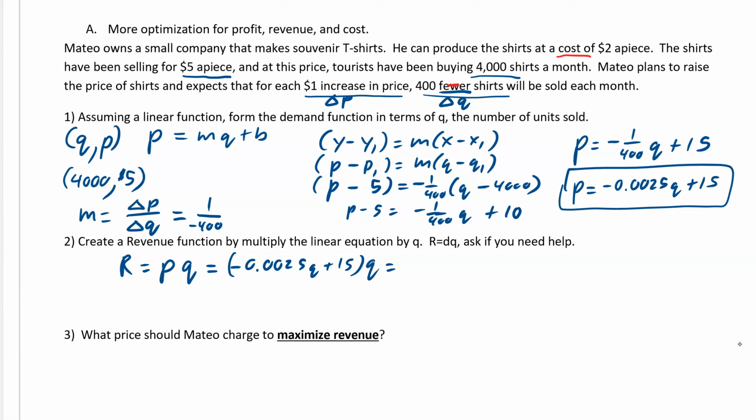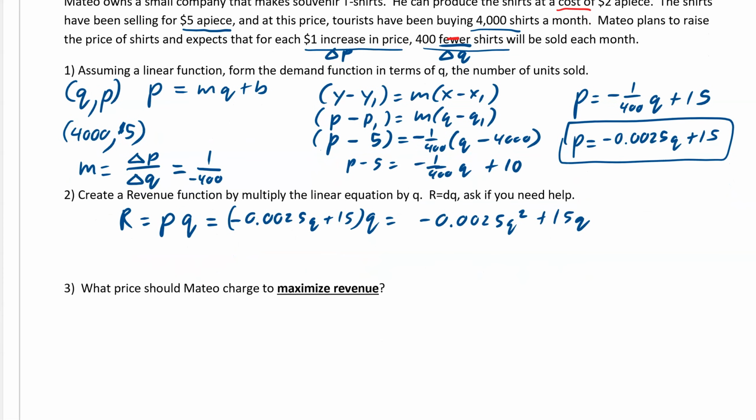So times it by Q. So all that really means is to increase each one by a Q. So that's Q squared plus 15Q, like that. All right, and then now, what are they asking? Well, of course he wants to maximize his revenue. So if we take the revenue function and take the derivative,